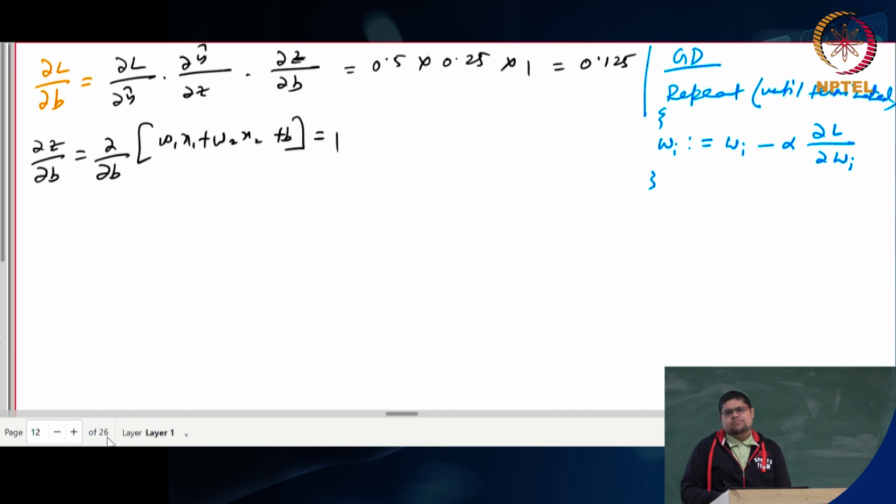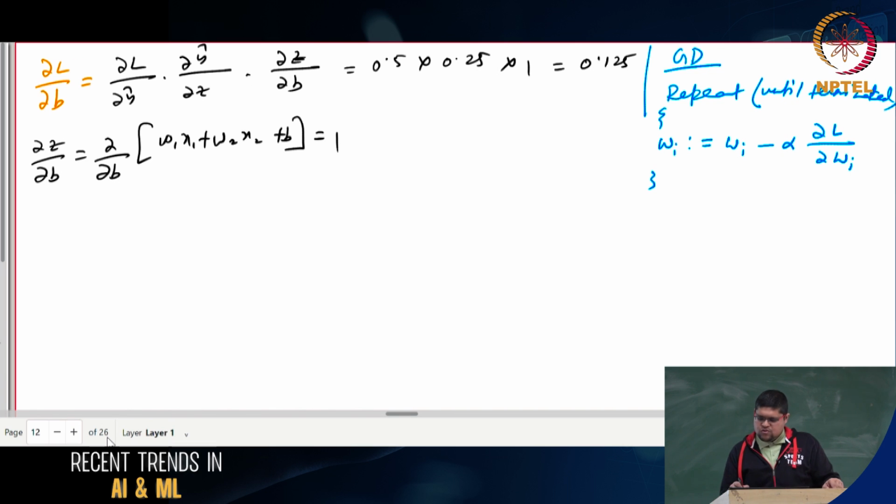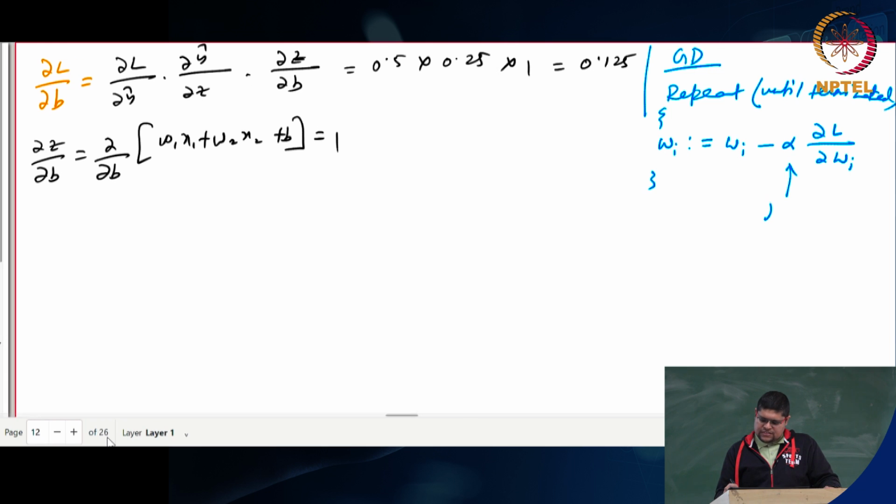In computer science, you know, A equals A means the left hand side is the new A and the right hand side is the old one. So the left hand Wi is the new one, the right hand Wi is the old one. So here this alpha is your,